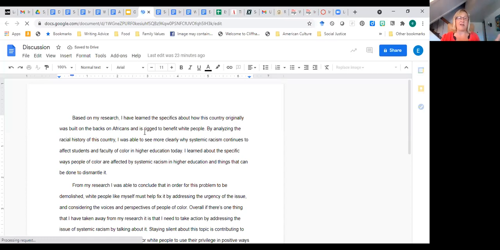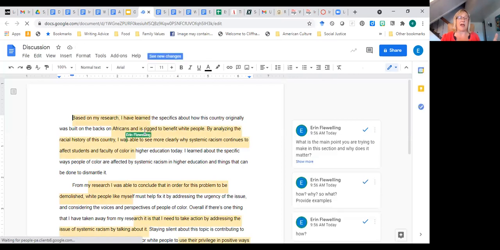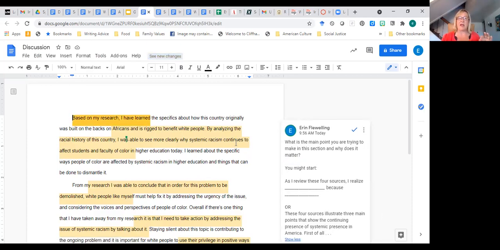Based on my research, I have learned the specifics about how this country originally was built on the backs of Africans and is rigged to benefit white people. And I asked, what is the main point you are trying to make in this section, and why does it matter? You might start, as I review these 4 sources, I realize blank because blank. Now,